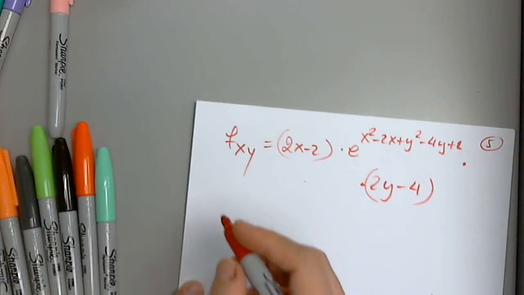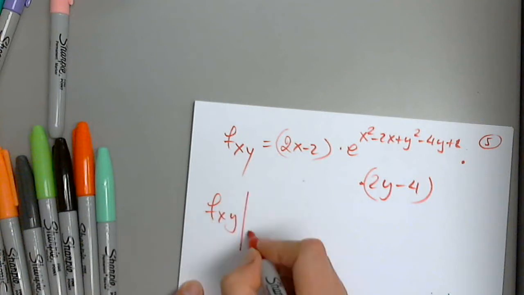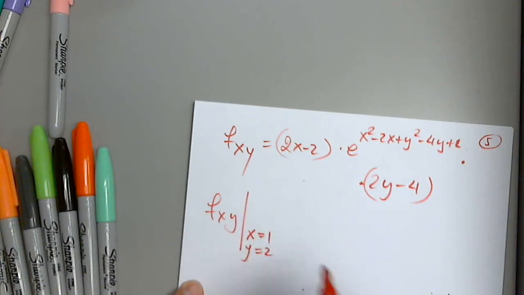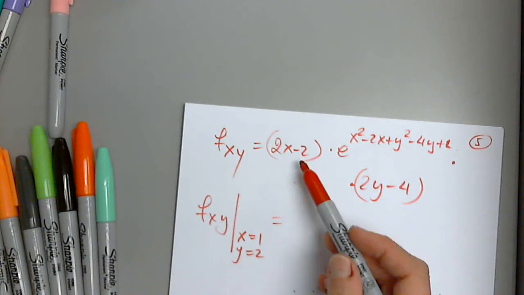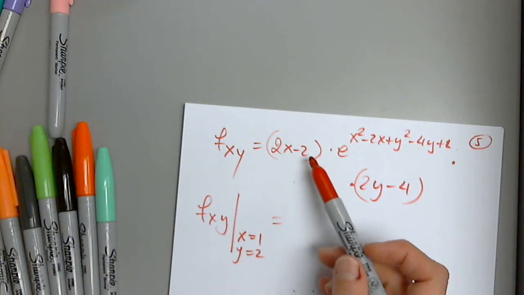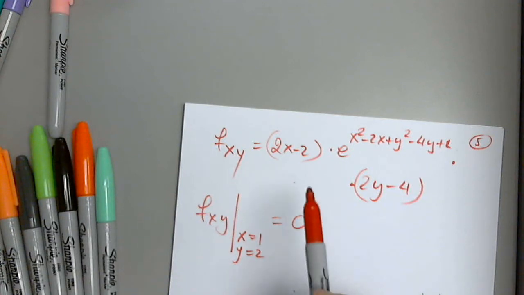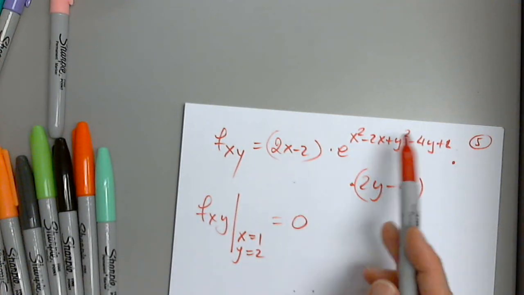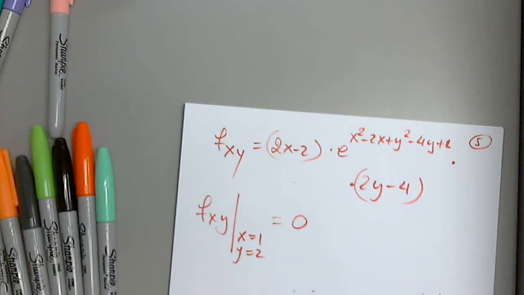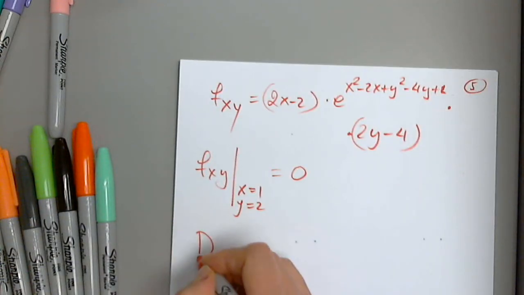And now I find the value of this when x is 1 and y is 2. I'm pretty sure it's correct, but just to make sure, it's 1 and 2, correct? That's what we did. Yes. Okay. So let's see. When x is 1, wonderful. This is all 0. When x is 1, this is 0. Even this is 0. And here I don't care. Great job. So D equals